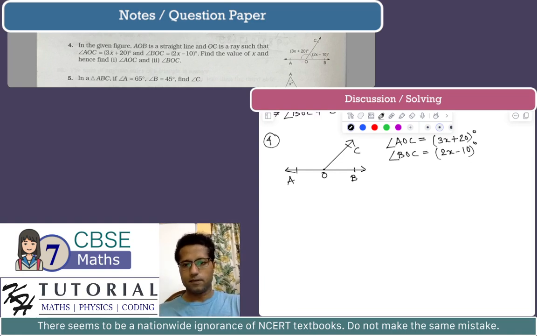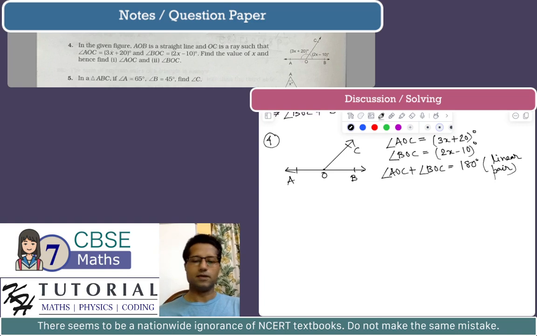we can say that angle AOC plus angle BOC is equal to 180 degree. Why? Because they are a linear pair. Why linear pair? Because AB is a straight line and these two angles are formed on the same side of the straight line AB at the same point O. So this implies